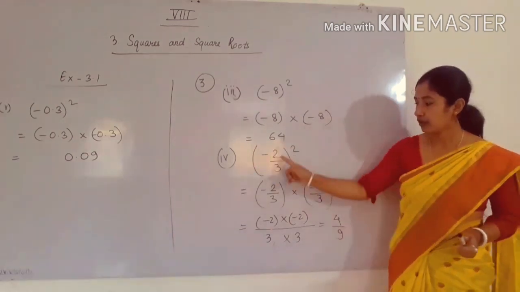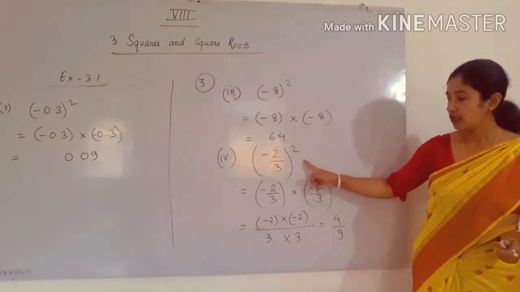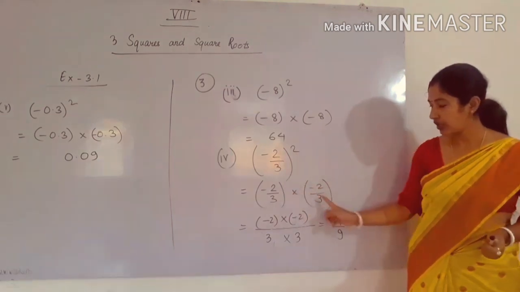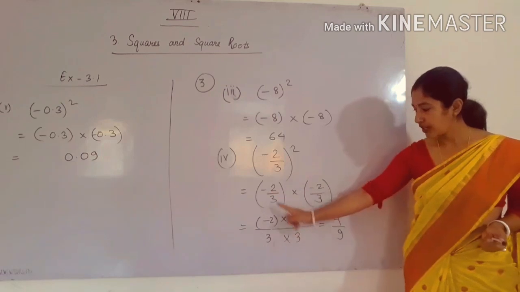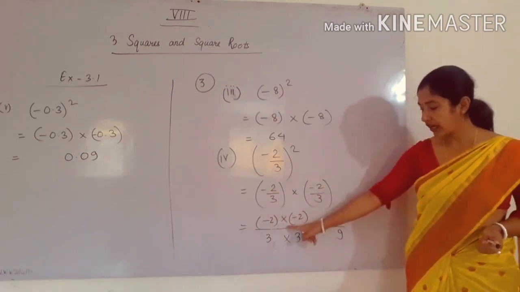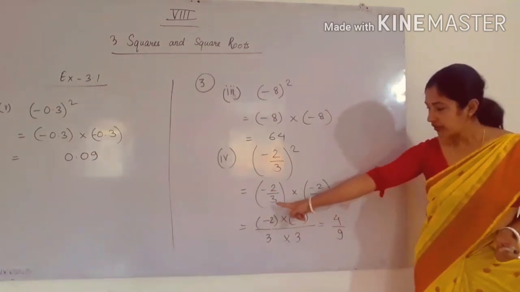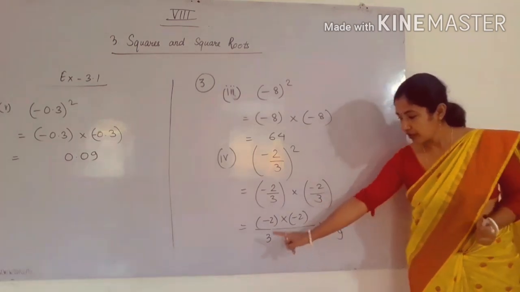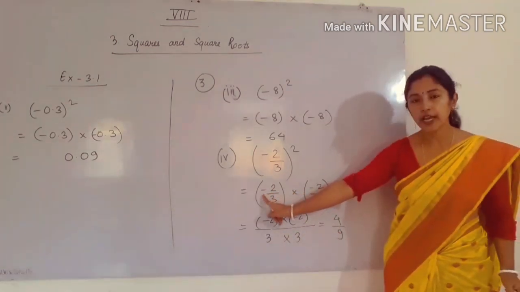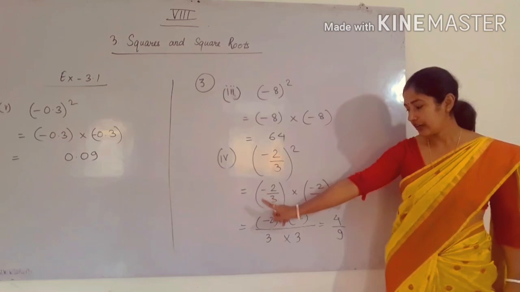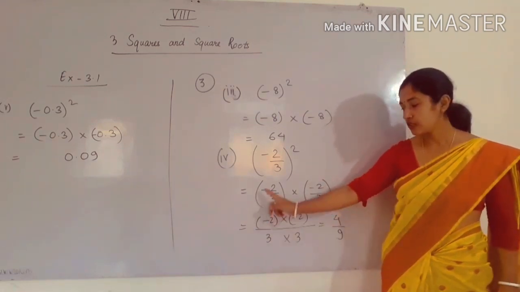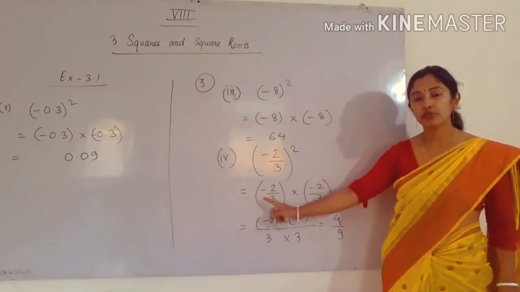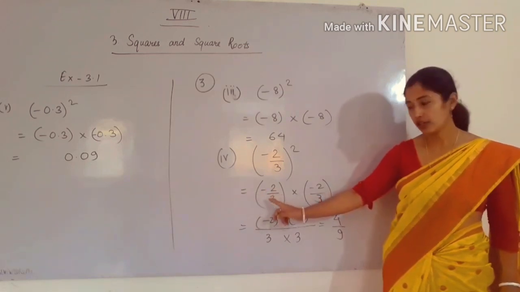So yeah, no need to write any symbol because it is plus, positive. Next is number 4, minus 2 by 3 whole square. So we can write minus 2 by 3 two times and we have to multiply it. So in numerator we have to write minus 2 into minus 2, and in denominator 3 into 3. Okay, there is only one negative sign, so we can write it in numerator or we can write it in denominator. The standard form is that the negative symbol should be written in numerator.